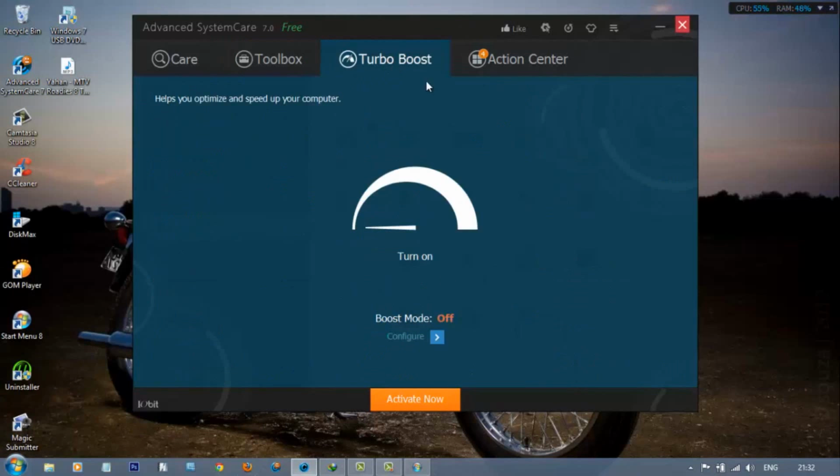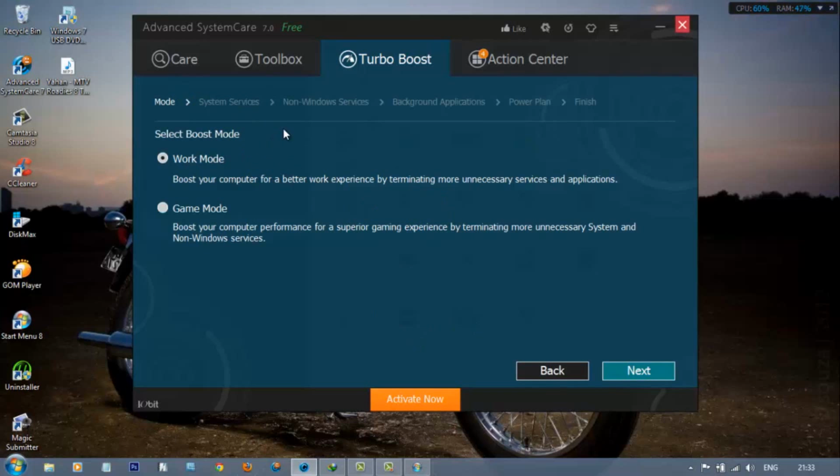The next module is Turbo Boost. In this, it helps you to optimize and speed up your computer by configuring manually. By default, there are two boost modes. In the work mode, it boosts your computer for a better work experience by terminating more unnecessary services and applications.